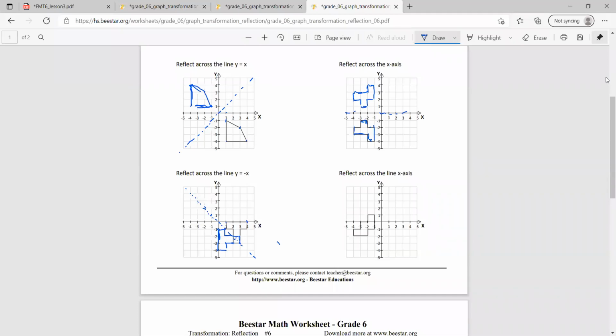Okay. And then this is across the x-axis again. So this would just come over here, and this would come over here. And then this would go over there, so the resulting shape would be